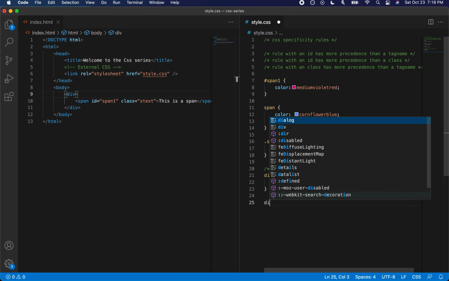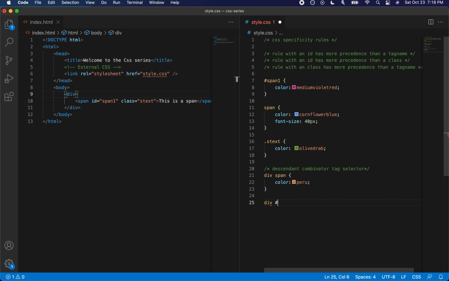But when I do a div and an ID span one, what this means is the browser is going to consider this line 25 to 27 as a duplicate of line 7. These both mean the same according to the browser.